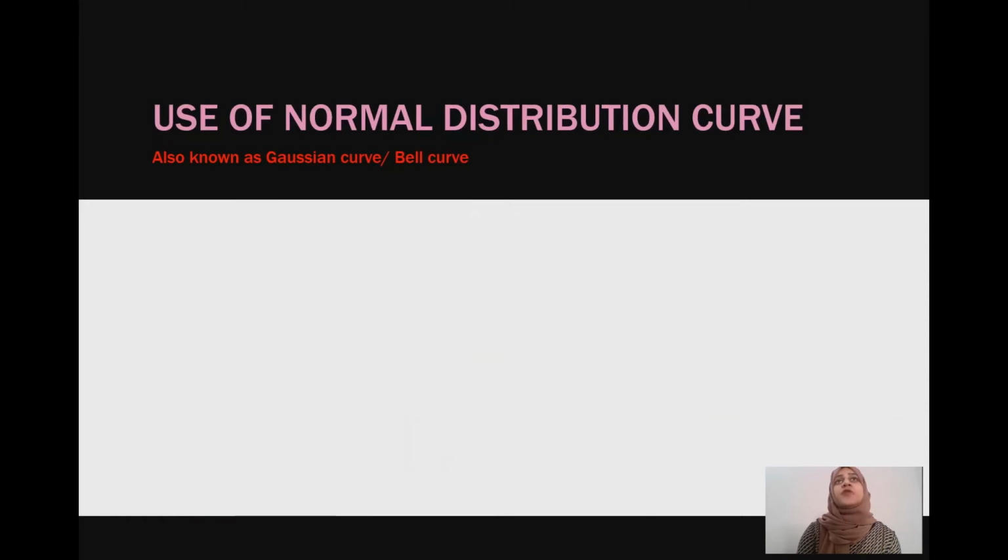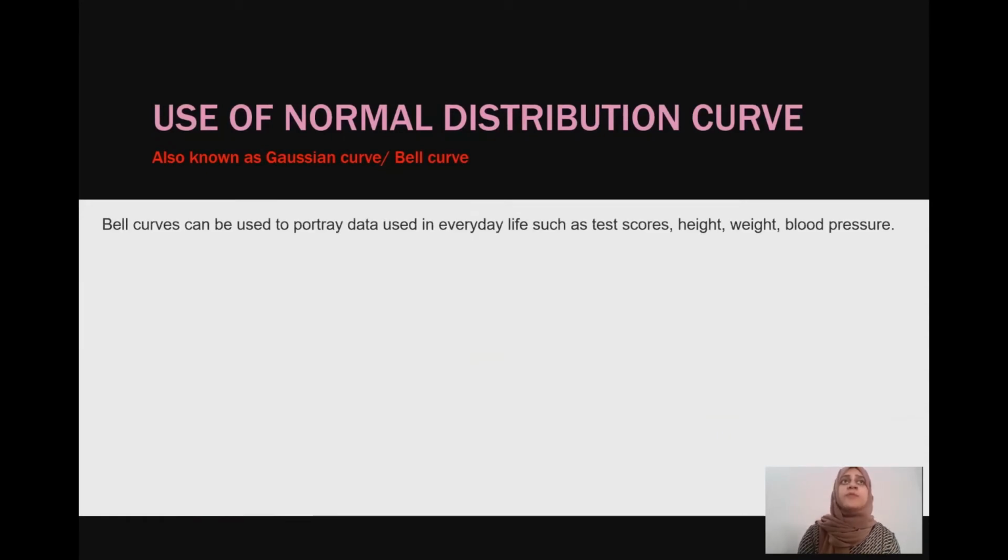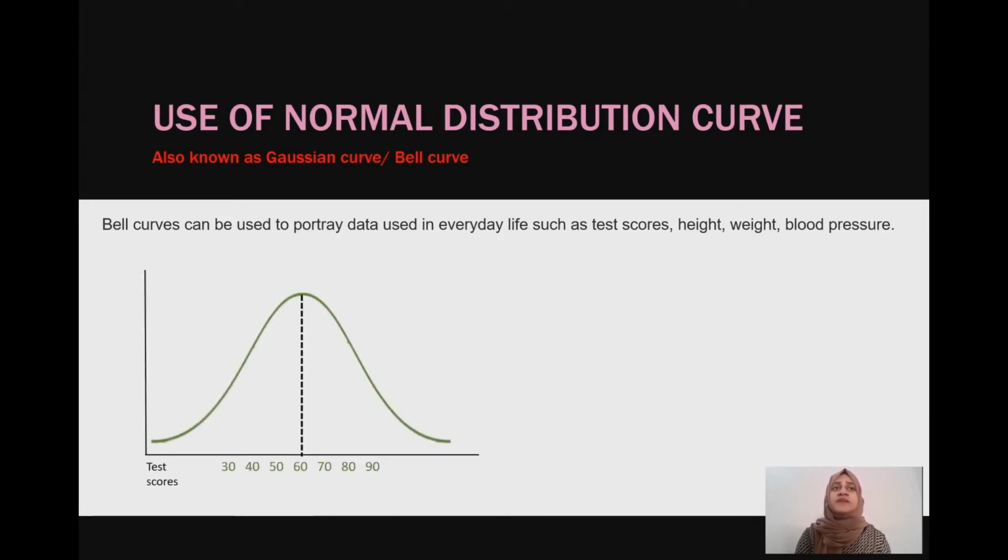Okay, use of the normal distribution curve. Bell curves are used to portray data that is used in everyday life. This could include test scores, height, weight, blood pressure, any continuous data. So let's take an example of test scores. We see that most of our data is condensed around 60. That means if we were to calculate the mean of this data set, our mean would be 60.